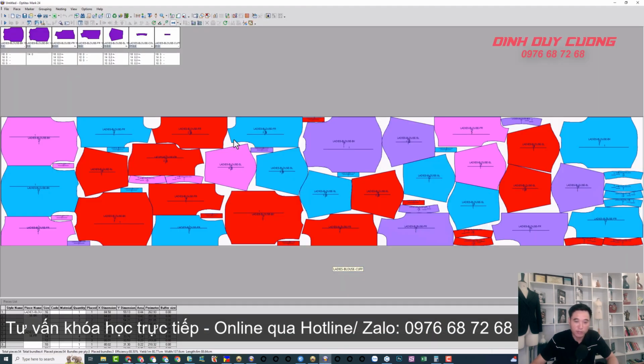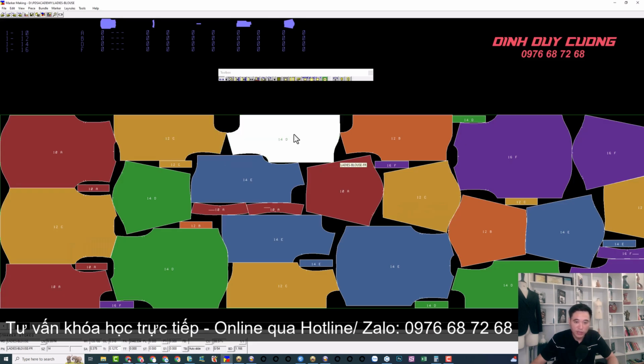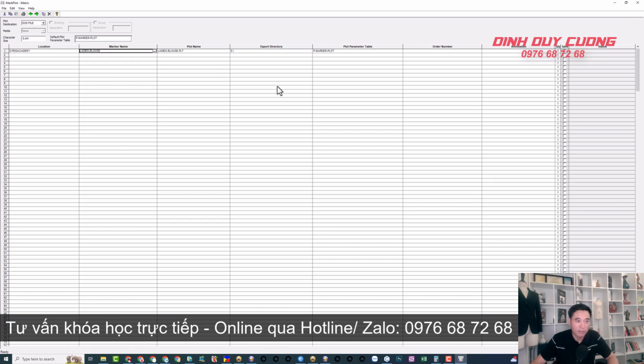In today's video, I will share with you how to convert a schematic from Gerber software to OrCAD software. Here is the schematic in Gerber software. If you want to convert it to OrCAD, you will do the following. You will click on the plot button. At this point, a window called Marker Plot will appear. You will choose the path to the drive you want to save to. Here, I'm using the example of converting to drive E. And now, I will click on Process.